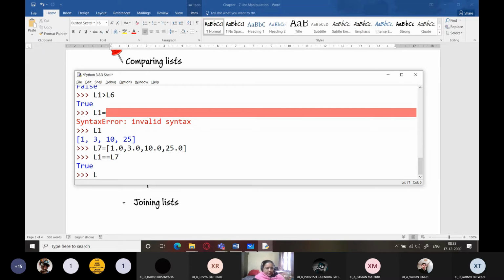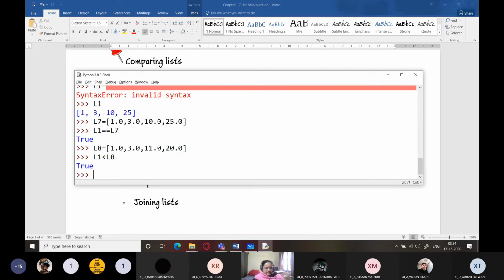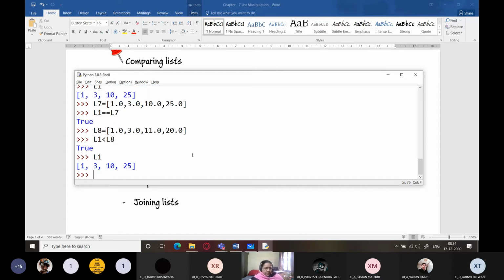And you can try to create another list which contains elements slightly different, like I'm writing 1.0 here, 3.0 here, and here I write 11.0, here I write 20.0, and I write L1 less than L8. Answer is true. Why? Let's check L1 first of all. L1 is 1, 3, 10 and 25. So 1 is equal to 1.0.